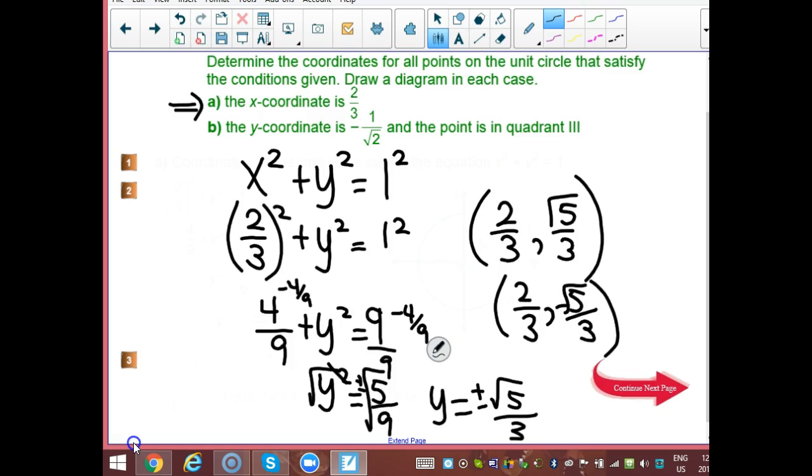over 3. Okay, so we'll cruise to example 3 because this one for B is done exactly the same way, except this is your y, and you just solve for your x. Okay, so we'll move to example